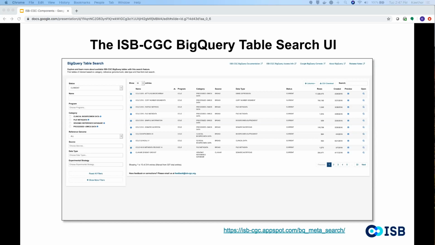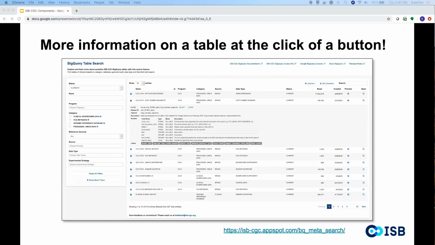There are a variety of search features, so users can search by program or by category. So if you're looking for clinical data or manifest file metadata type, if you have a specific reference genome build you're interested in, or experiment data of a particular experimental strategy, you can filter and look for data of that type. And what's really nice about the user interface,